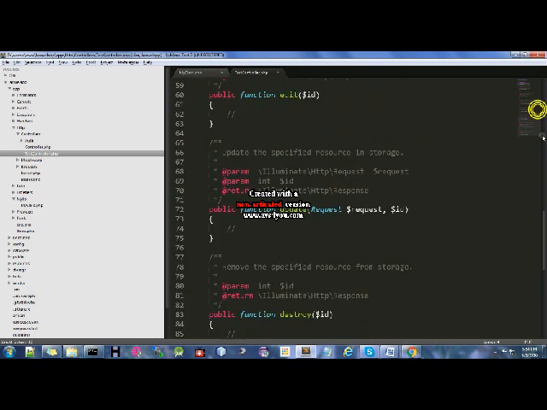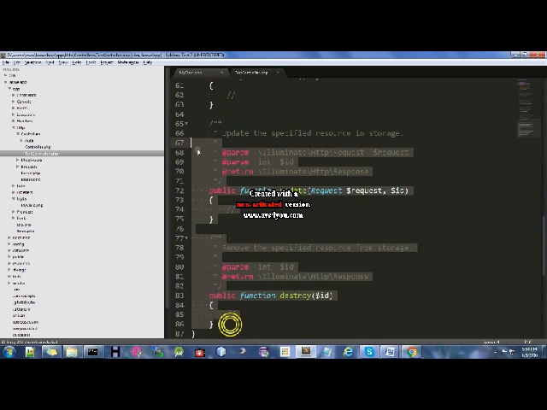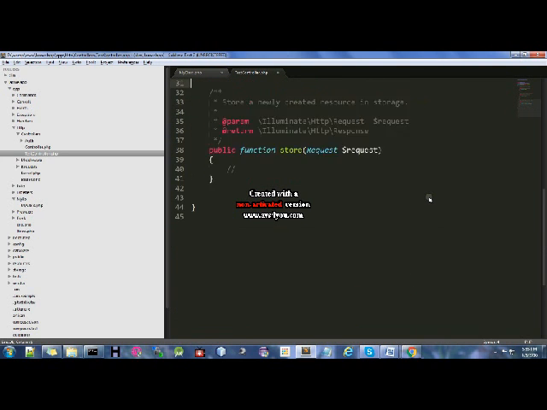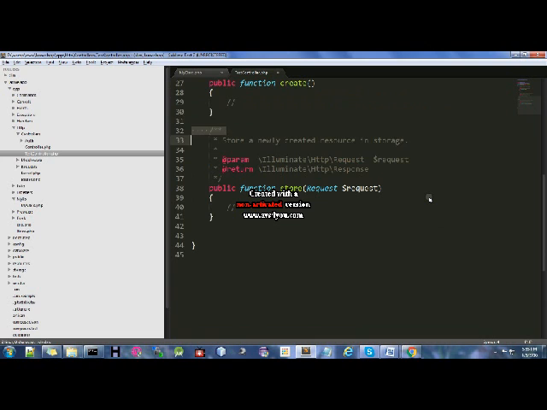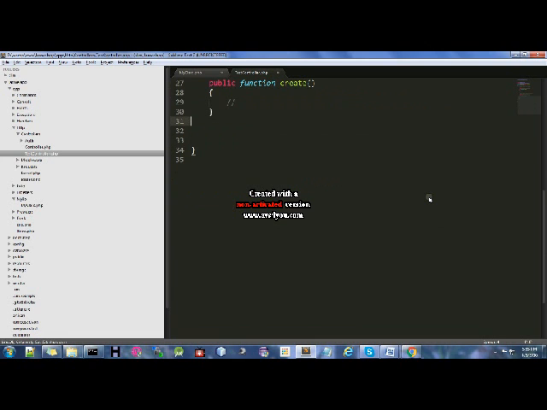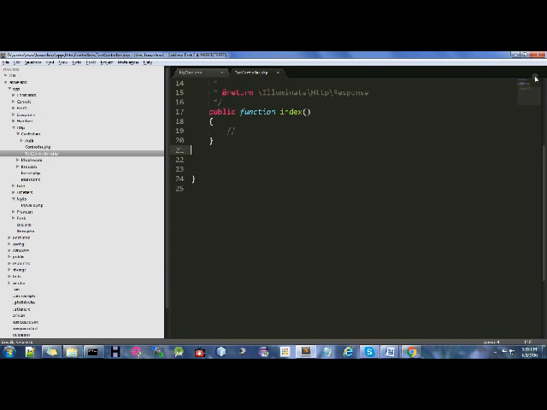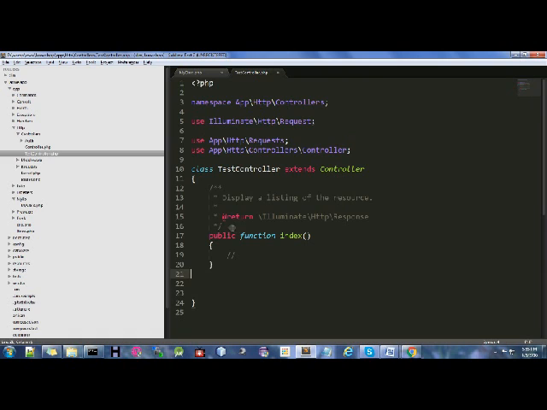In the TestController, we need not have all that stuff. I'm going to remove it. I'm interested in showing you something in the index function itself.